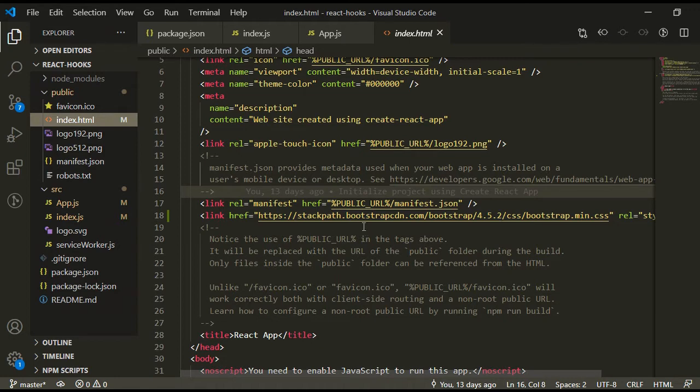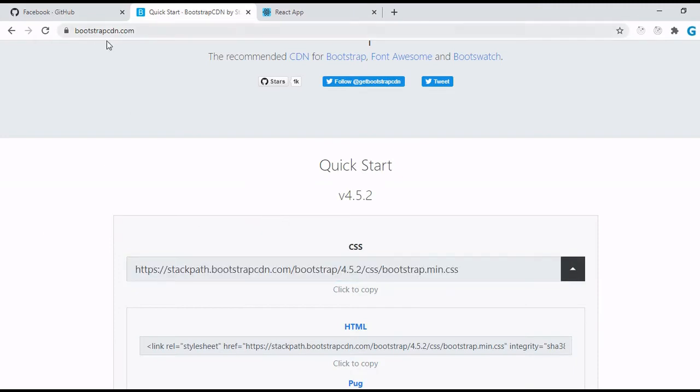Here you can see the CDN path for Bootstrap. You can also include the Bootstrap CSS in your project. For that, you can go to bootstrapcdn.com and here you can find the path. Just copy and paste it in your code.